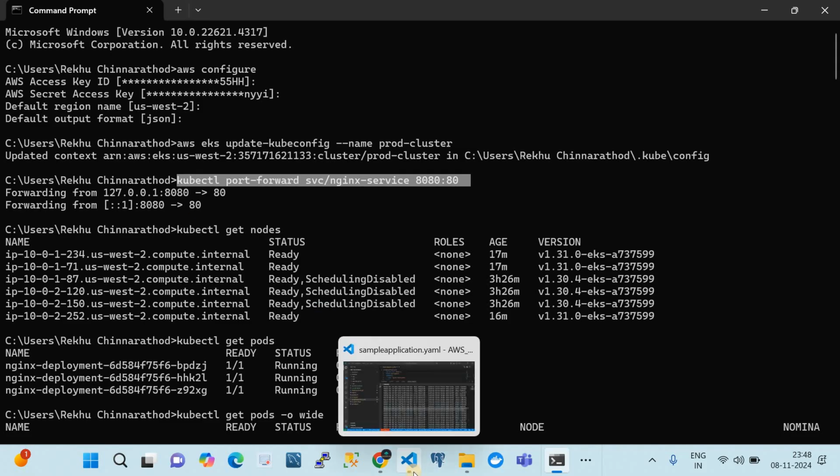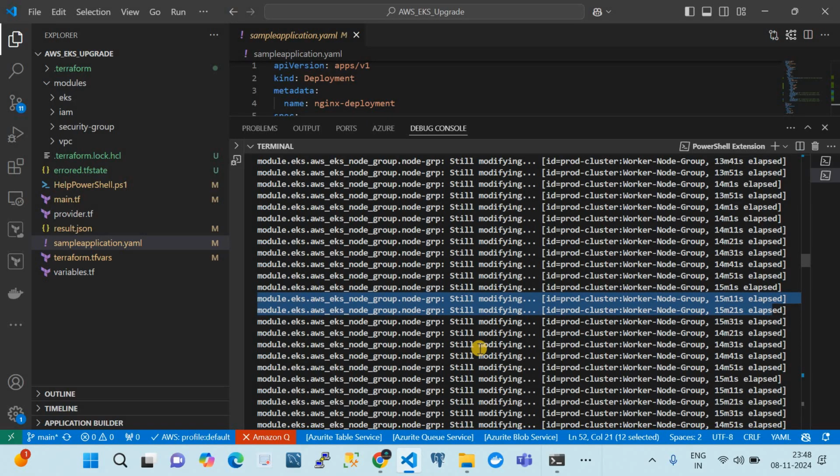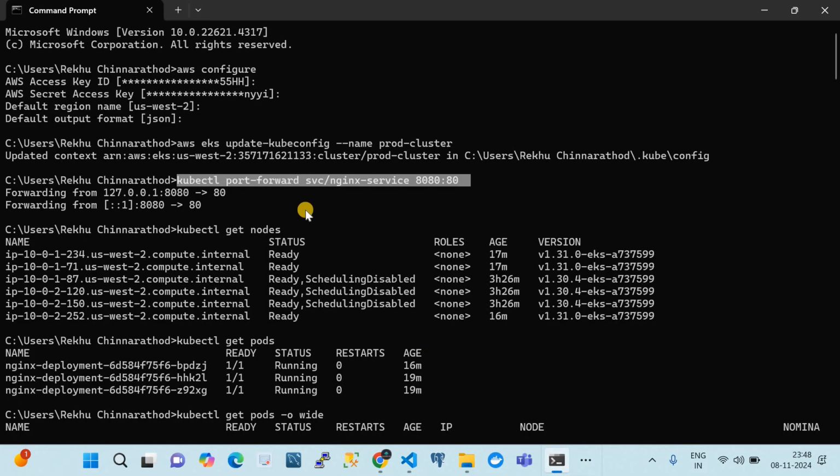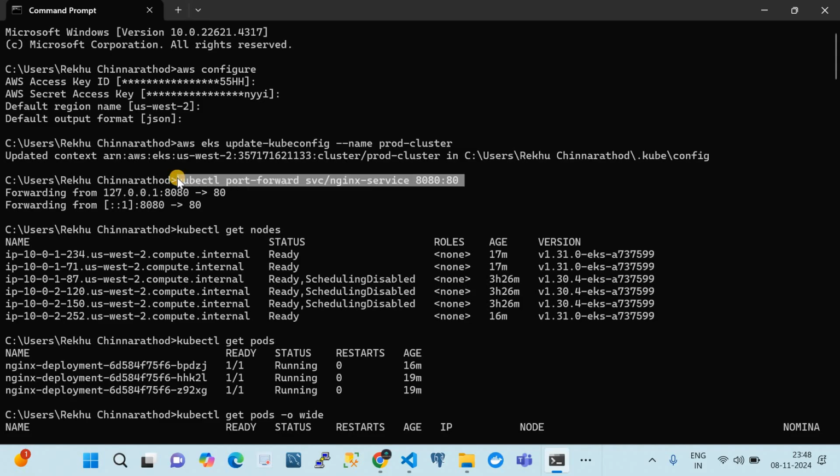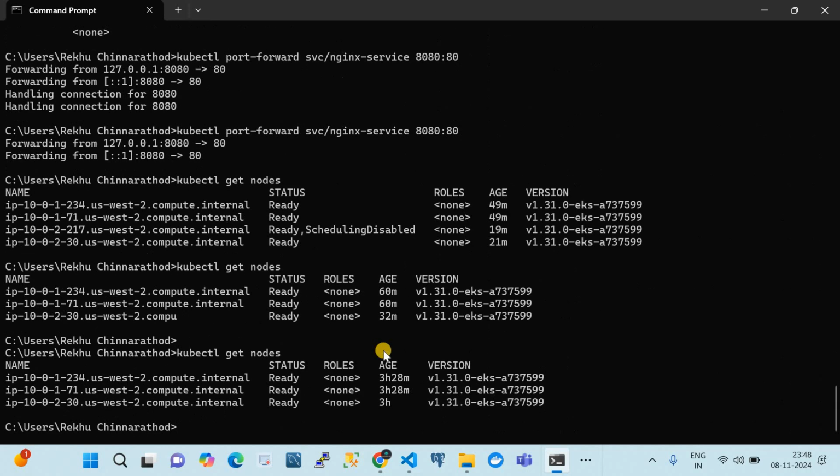Why did I try to do that? Because on one side, we are upgrading the AWS EKS cluster. On the other side, we were able to access the service hosted on the cluster by doing a port forwarding. But in your case, if you have the Nginx, if you have the ingress and you have the ALB, you can try to access your services over the ALB. All right. So for now, before I show you that, let me show you